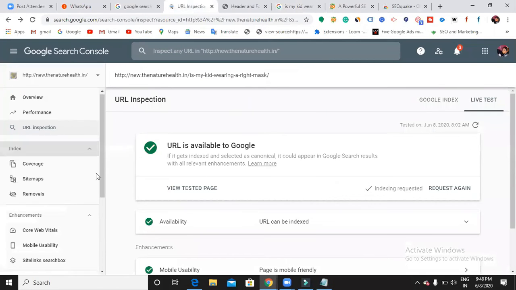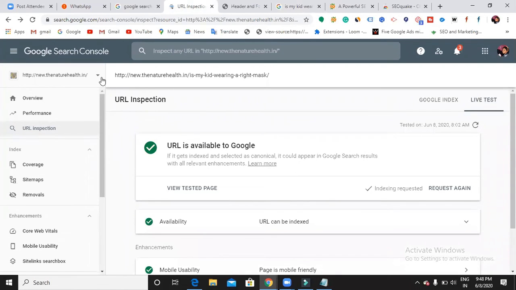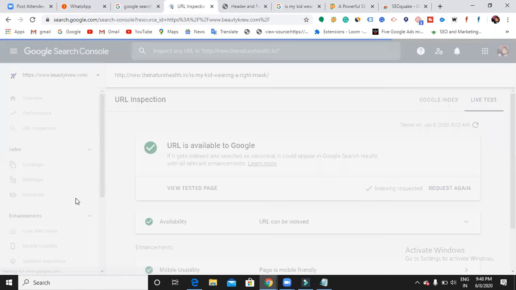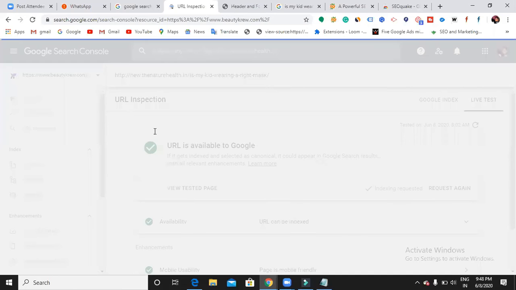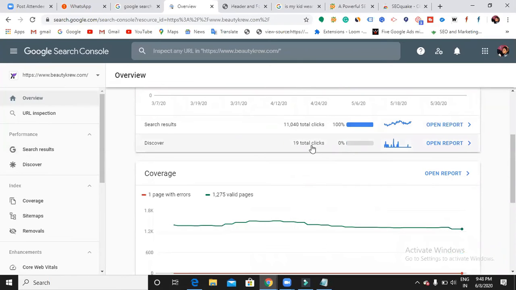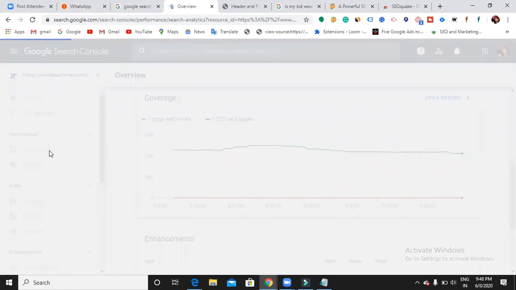Right. So here, if I want to show the complete Google Search Console, I should have some data. As of now, this is a new website. Just now I have associated it, right? I don't find any data to explain to you. Let me just open my website and show you. So it shows you the performance, and it shows you how many clicks I got. If you go to the search results, it will show you the complete report. It is the best tool. You can use it for SEO.